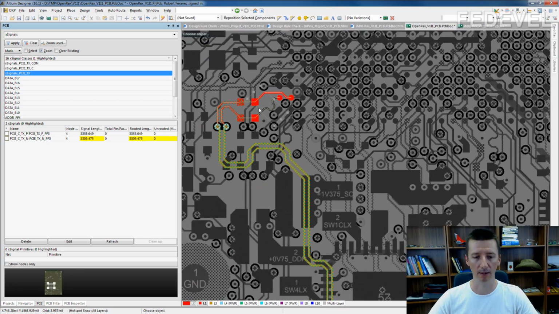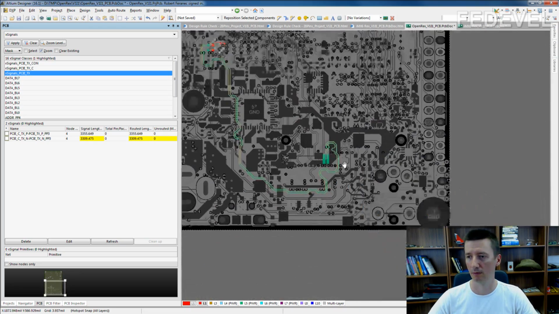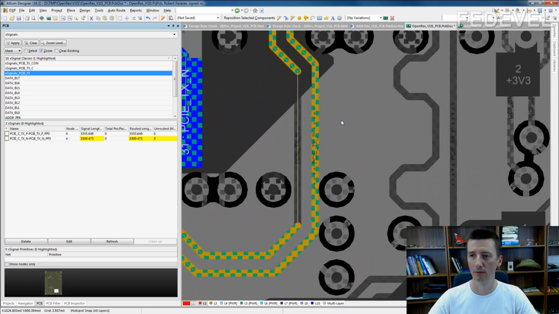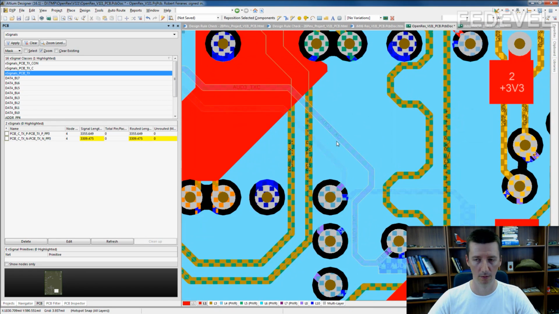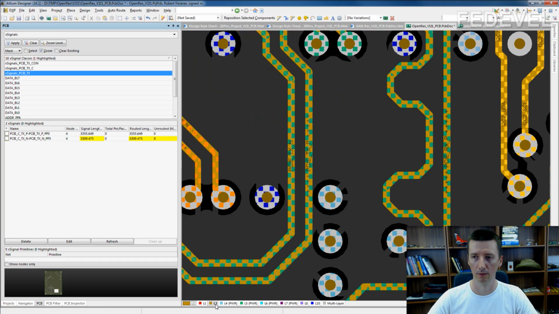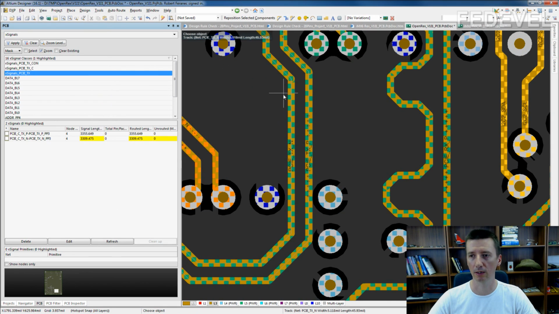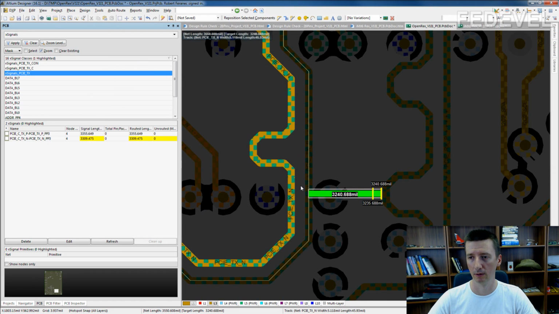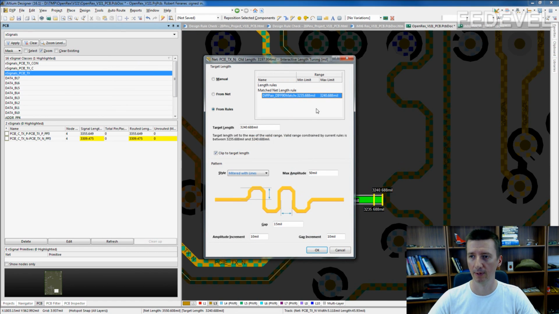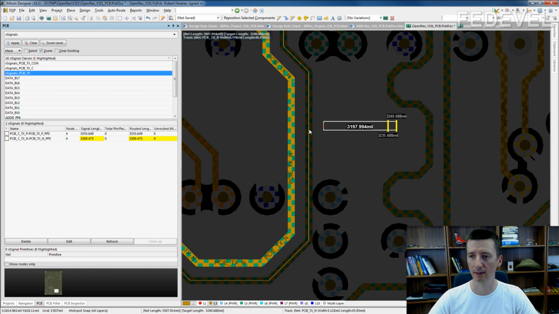For the other segment, click on Tools, Interactive Length Tuning, press Tab. Again, it selects the correct rule, and